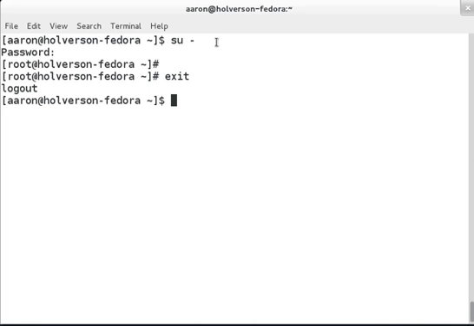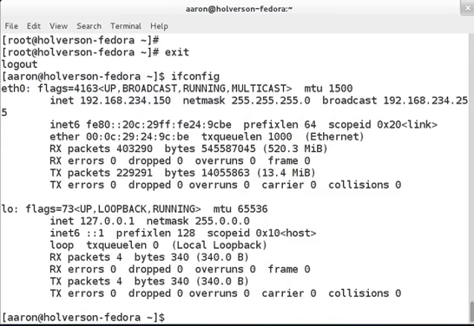So when I type a command, it looks in the root's search path for all of the directories that hold all of the commands. One of those is ifconfig, and on some Linux systems, if you type ifconfig to get the IP address configuration for the interfaces,